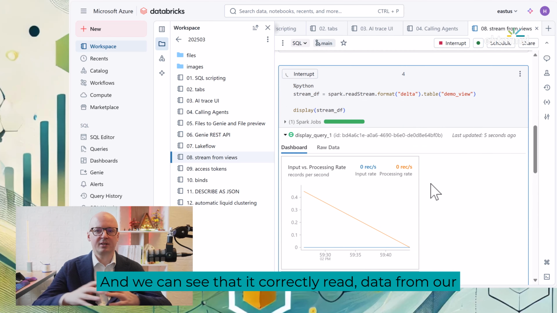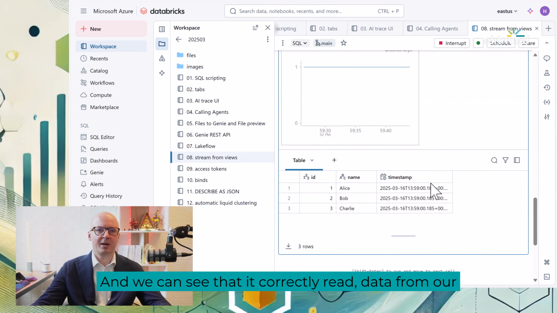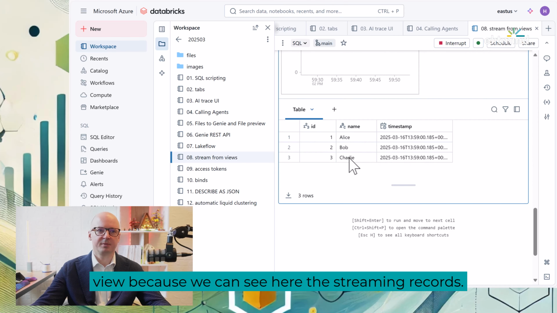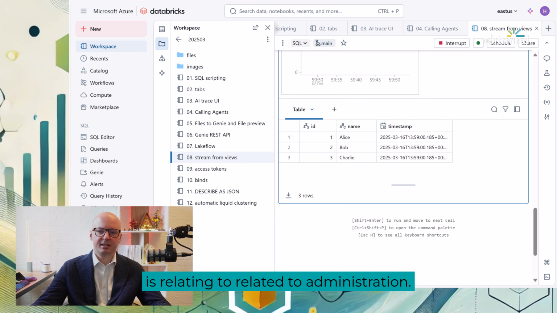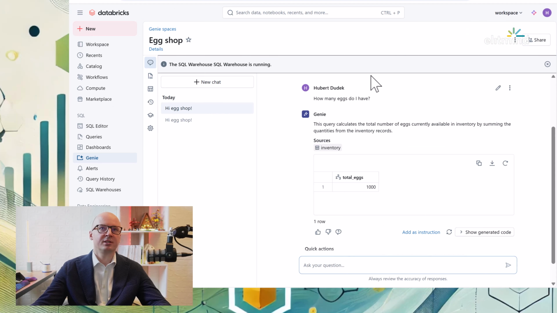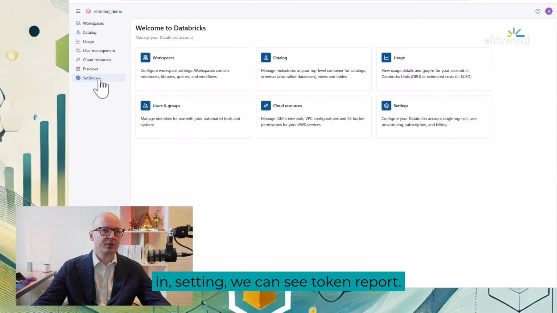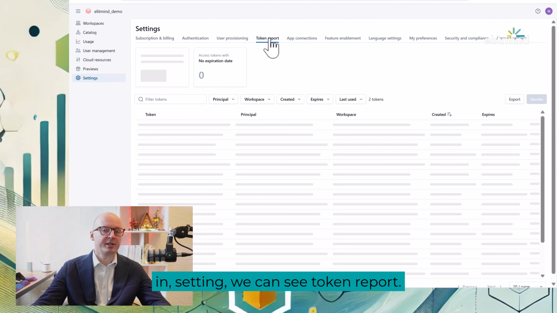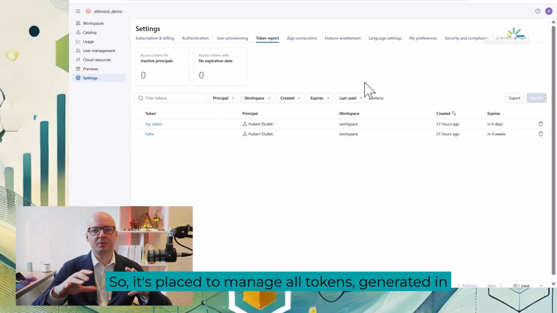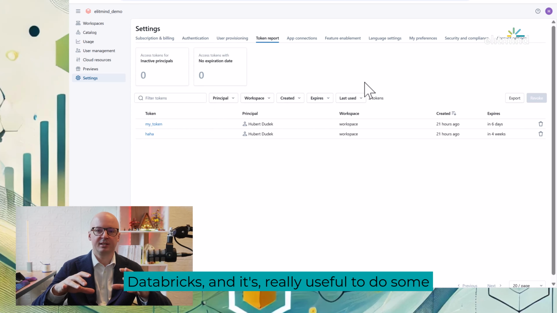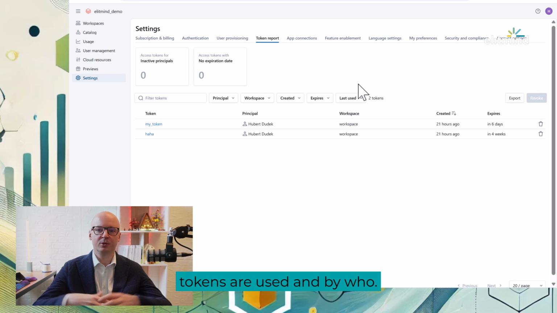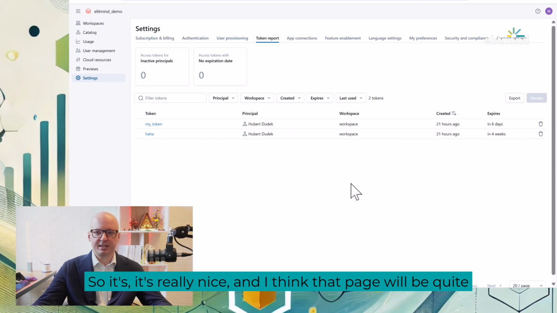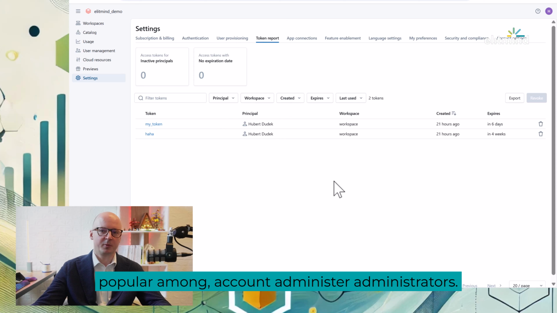And we can see that it correctly read data from our view because we can see here the streaming records. And another update is related to administration. If we go to account console in setting, we can see token report. So it's a place to manage all tokens generated in Databricks. And it's really useful to do some governance and monitoring how tokens are used and by who. So it's really nice, and I think that page will be quite popular among account